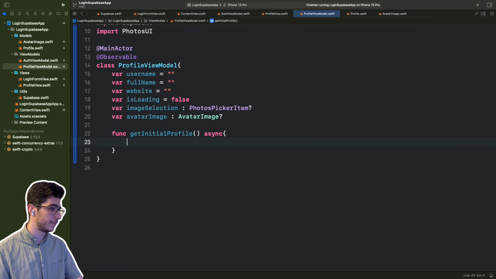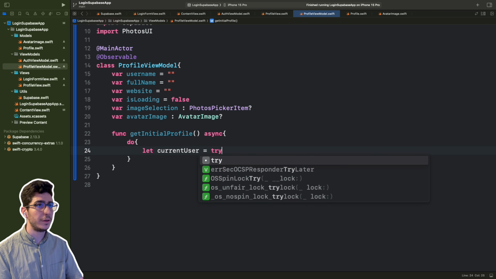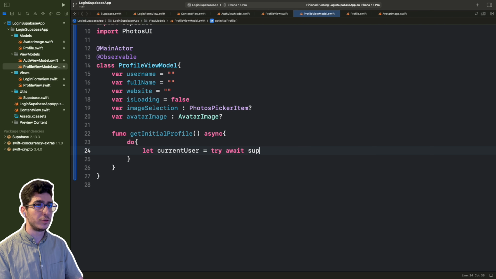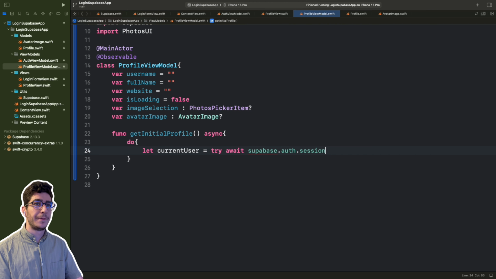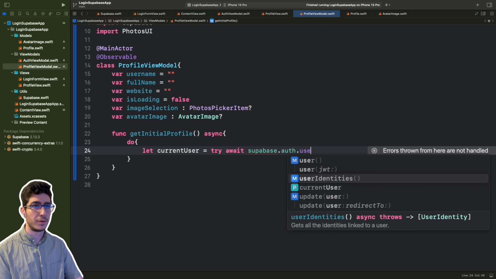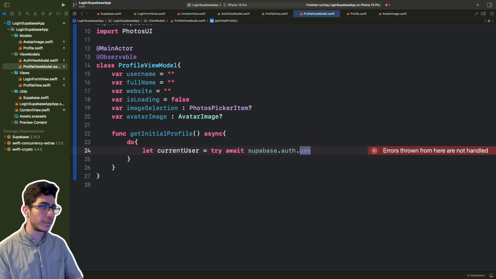So here we have do, and we have let current user equal to try await, and in Supabase we have to use the auth and dot session and dot user, or you can use auth dot user, I think. But I want to use this one,